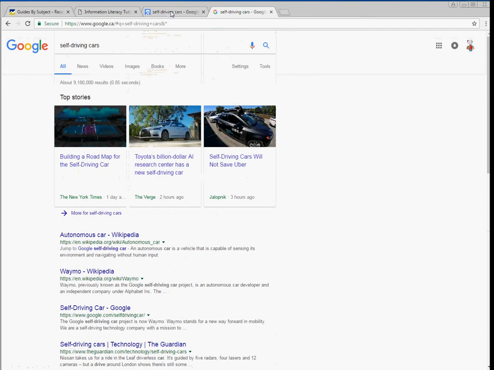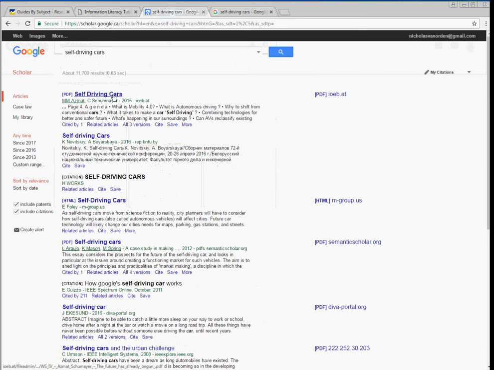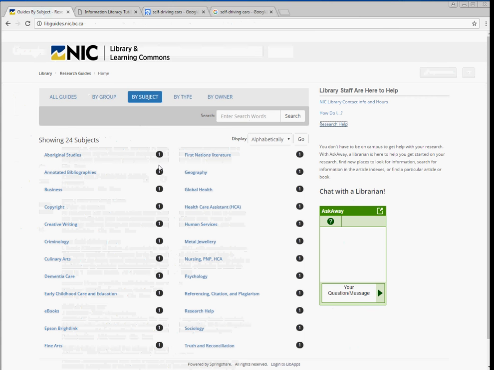But if we go back to the Google Scholar tab, we have only 11,700 results, which is too many, but it's much more manageable than 9 million results. We can again limit things here, and you can start looking through for full text and access material through Google Scholar. In some cases, you might find articles that are behind a paywall, so you'd have to pay to access them. So if you find resources that look useful to your project, but you can't get them directly, try going back to the